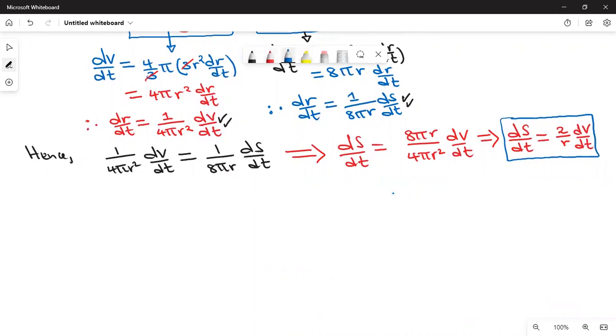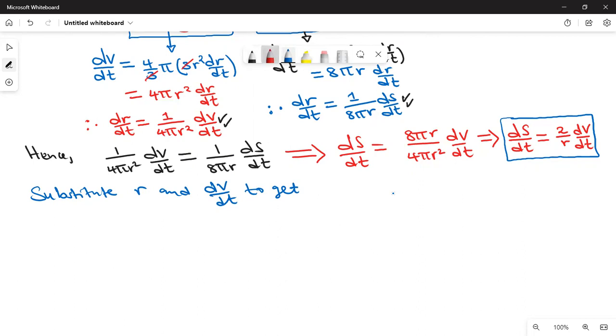We are told r is 360 and dV/dt was negative 900. So upon substitution, substitute r and dV/dt to get,